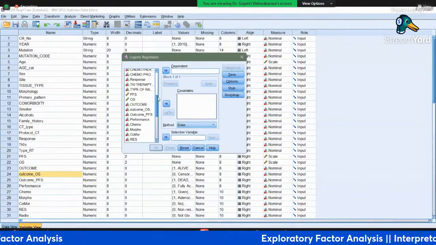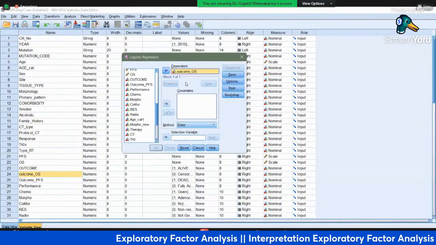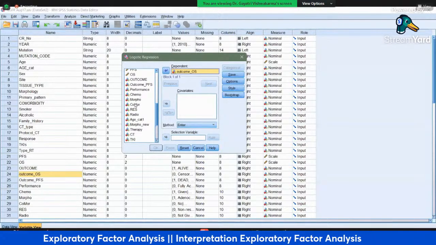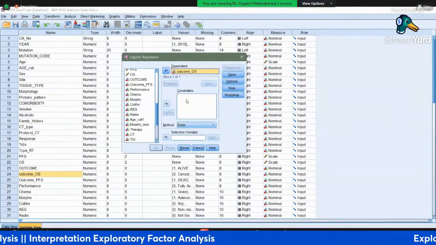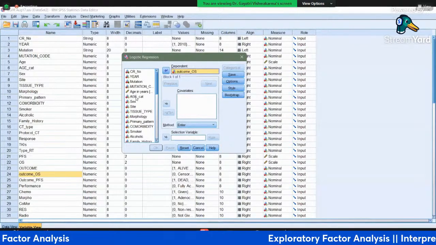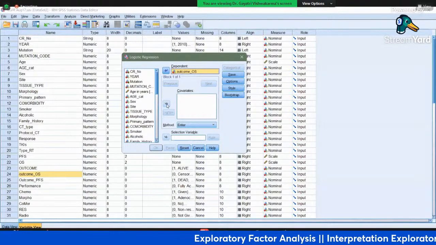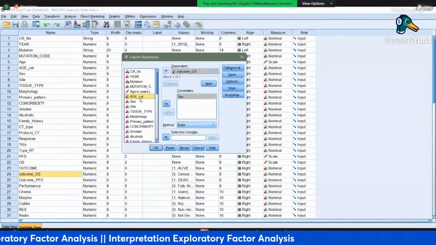Now we want to find out whether this outcome of the cancer subject depends on the gender of a person, or maybe the age of a person. I have two different types of age variable: one is continuous age and the other is age as a category.